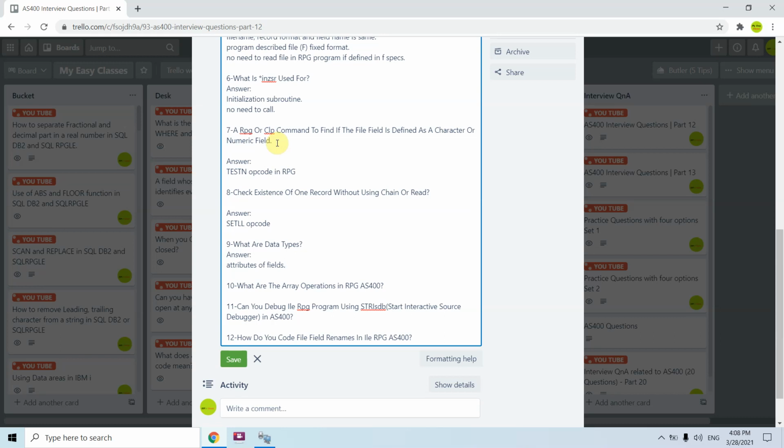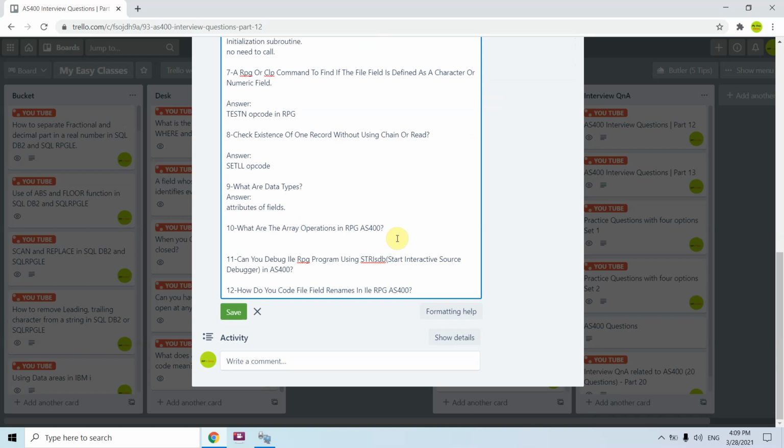Name is not an attribute. So basically it tells the system which type of data is stored in that field. For example, if a field is of character type, the data type tells the system that it stores character data. If it is alphanumeric, then it stores alphanumeric data. If it is numeric, it stores numeric data. If it's graphic, it stores graphic data.